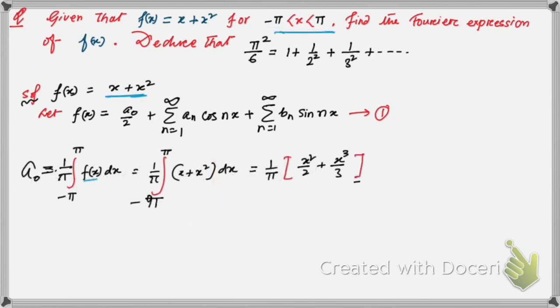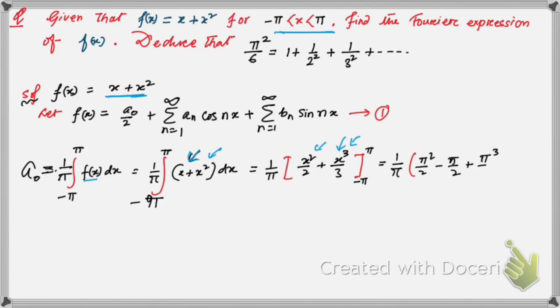And integrating this, what we have got, this one. So integration of x is x square plus 2, and integration of x square is x cubed by 3, right? Integration of x is x square by 2, and that of x square is x cubed by 3, right? So from minus pi to plus pi, and if you put those upper limits and lower limits, then you're gonna